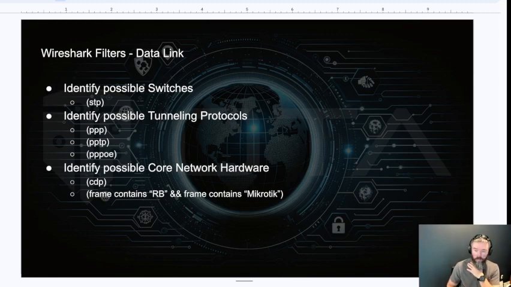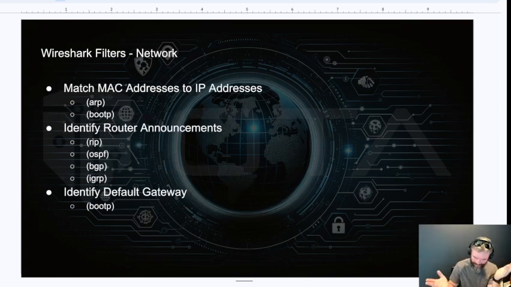It is implemented by default, or at least was when I cared about it more, and gives you an abundance of information that could prove useful. It's not necessarily a hint, just I find it interesting. All right, and then at the network layer, again, these filters look really obvious and easy, and they are to